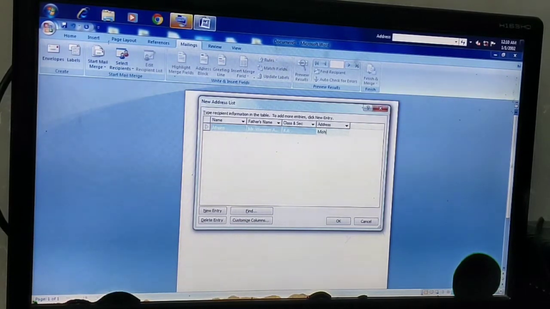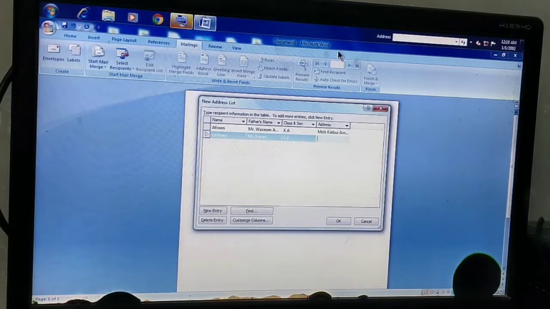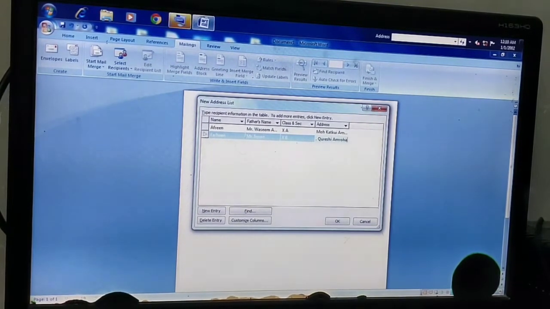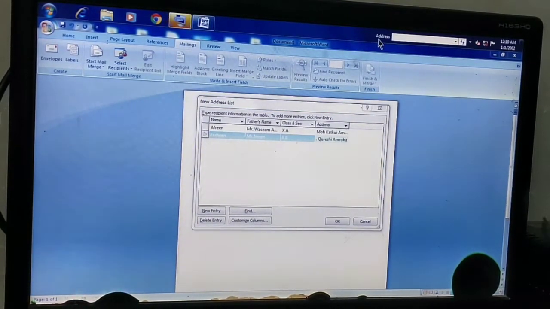After this, address. Then press the Tab key to fill the next entry. So the fields which we have given, we have to fill the details. I am just filling only 2 entries. After this, click on the OK button.